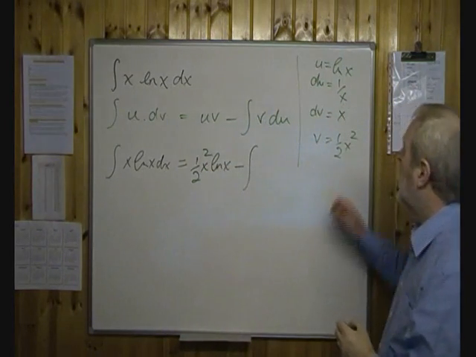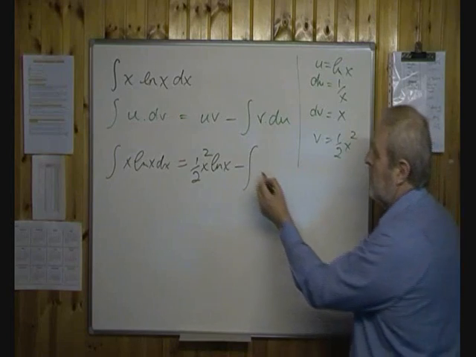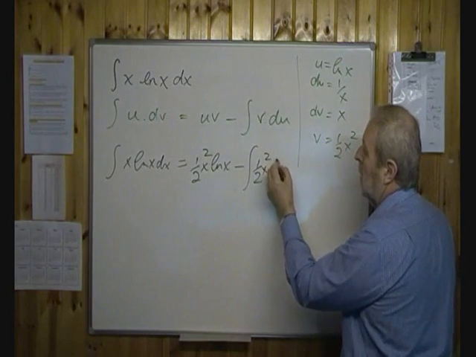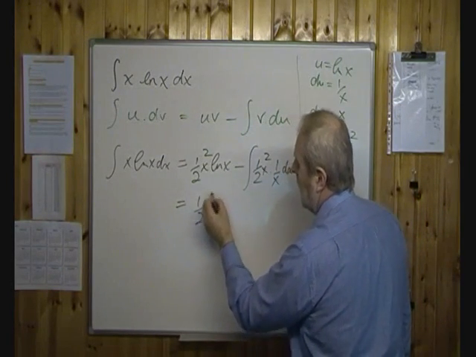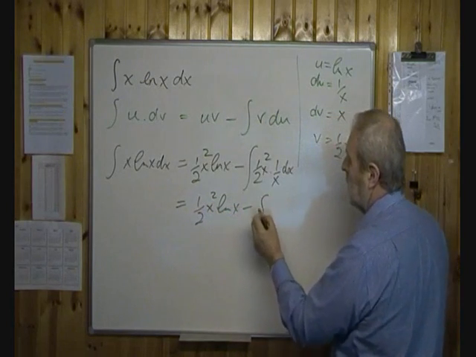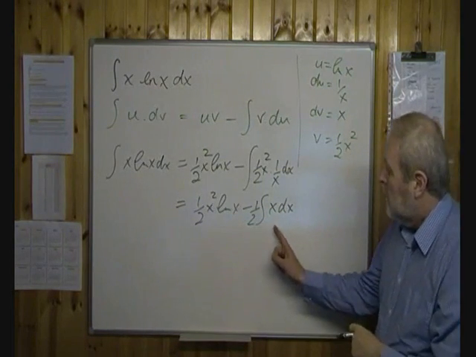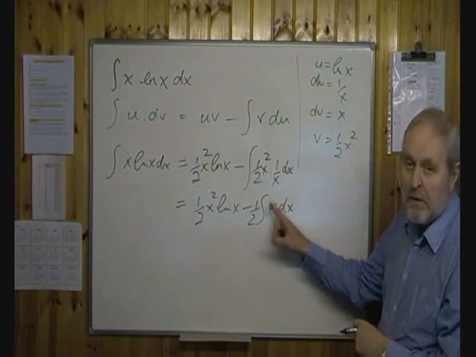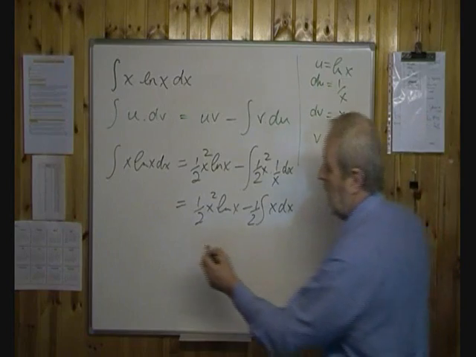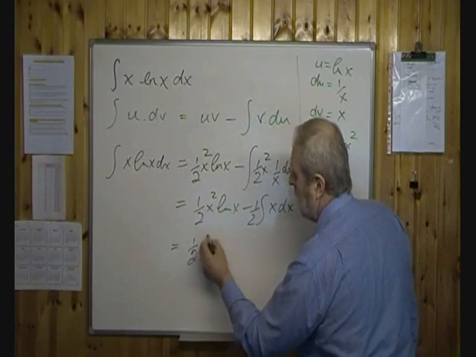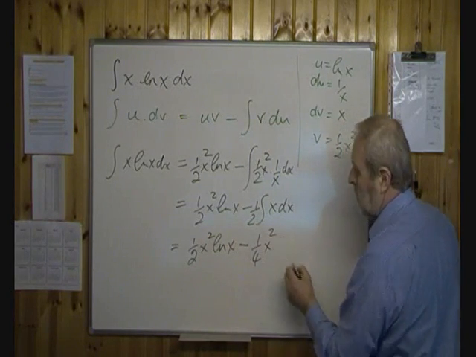minus the integral of v du, which is a half x squared times 1 over x dx, which is a half x squared log x minus a half times the integral of x dx. Taking the constant outside is often a good idea because it exposes just the power of x that we're interested in. So I'm then left with a half x squared log x minus a quarter x squared plus